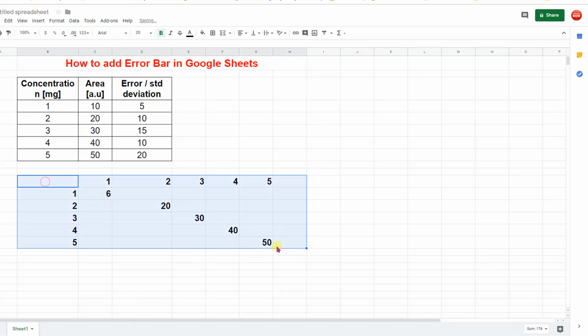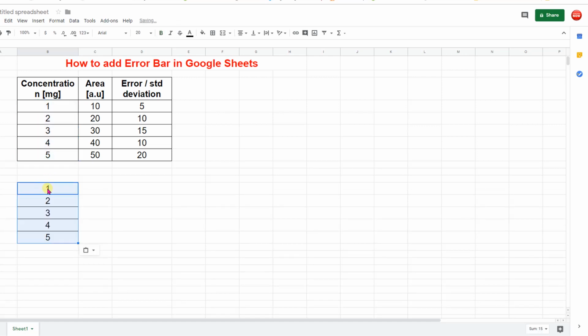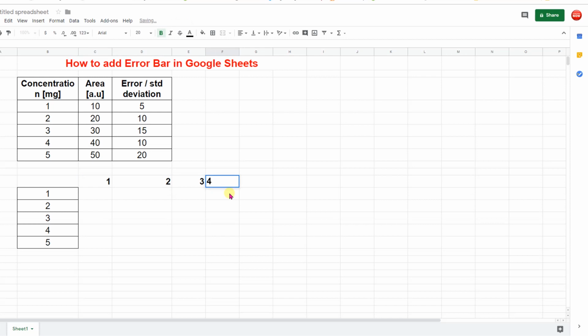So first of all, we have this data, say suppose concentration versus area, and this is the error or standard deviation. First of all, we need to arrange the data. Just copy paste the first column, then arrange it again 1, 2, 3, 4 and 5 like this, and now we have to insert the area.